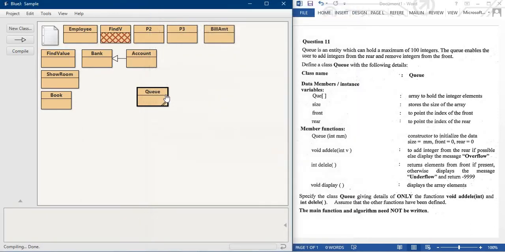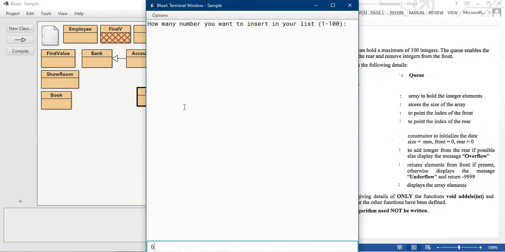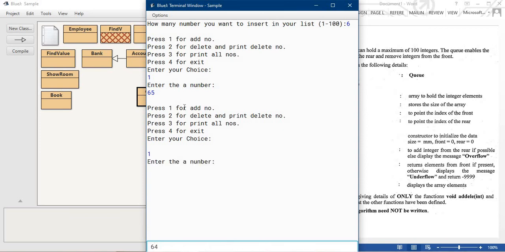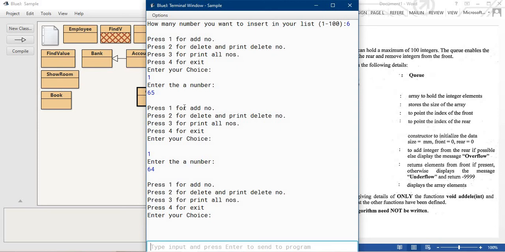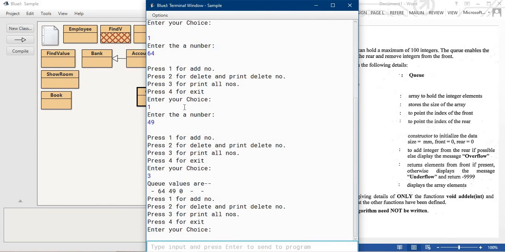Let's see, I hope the error will resolve. Yes, you can see the error is resolved. So 64 and 49.